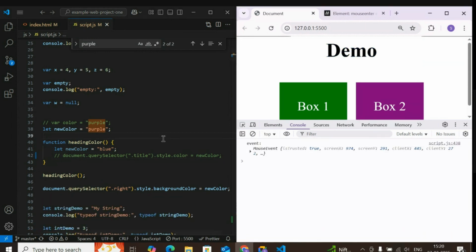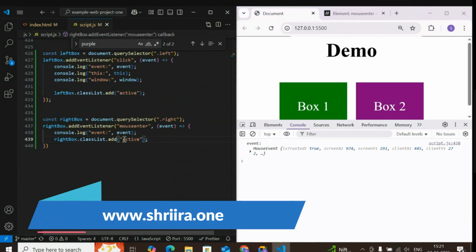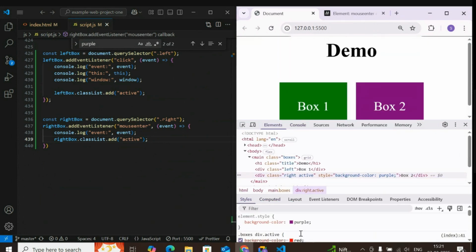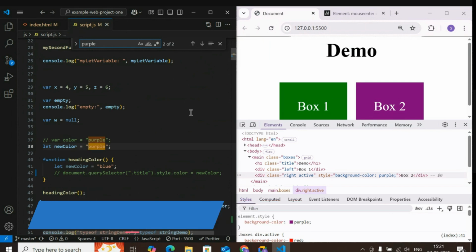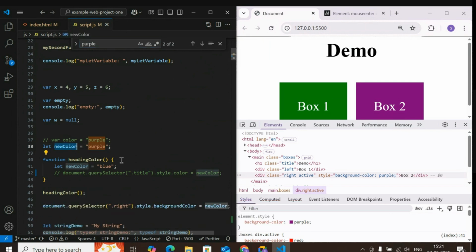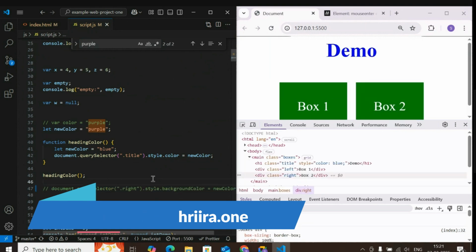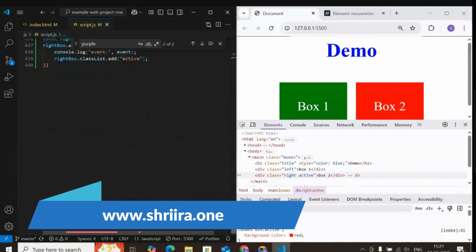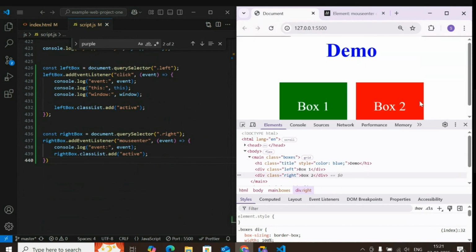Okay, now the mouse event is getting triggered. Now we are going to add active. It got added, but styles are not applied. It's still having the background color as purple. Okay, this is the one. Here we should comment out. Yeah, now it works. So as soon as we enter this box item, the